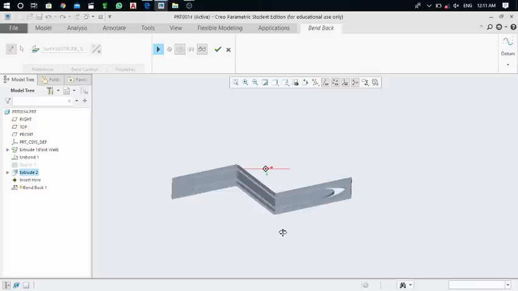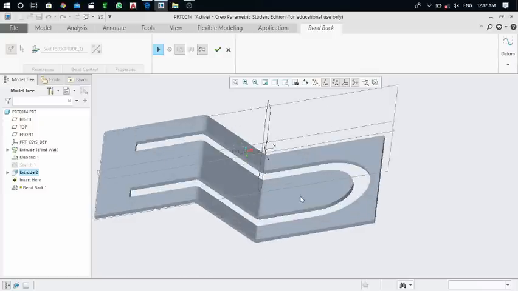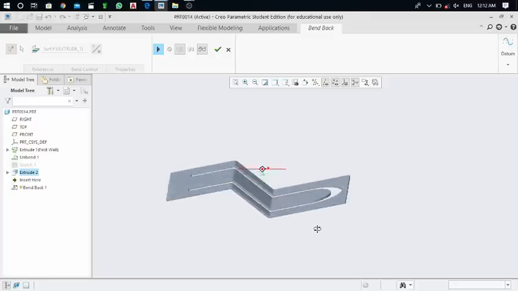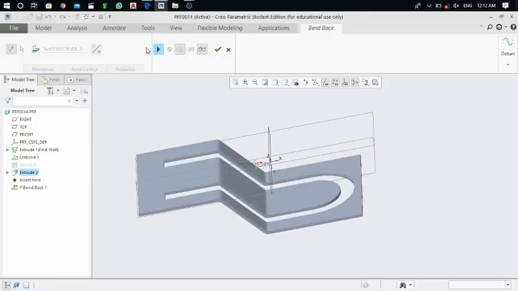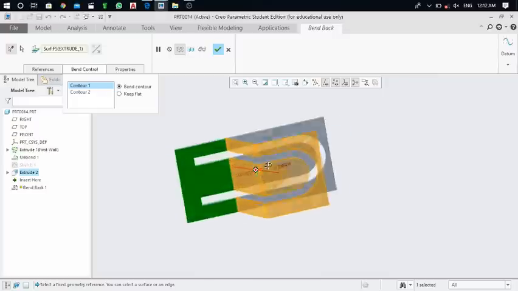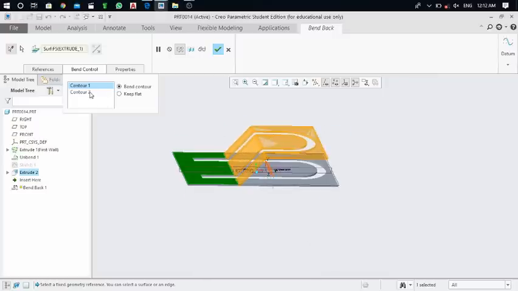Now but I would like this middle portion to be straight or fixed or flattened. You can make the changes in this like this. I will show you. Click on this resume edit, and here in bend, from this bend control group, here are the two options, contour 1 and contour 2. Okay, now just adjust this drawing like this.